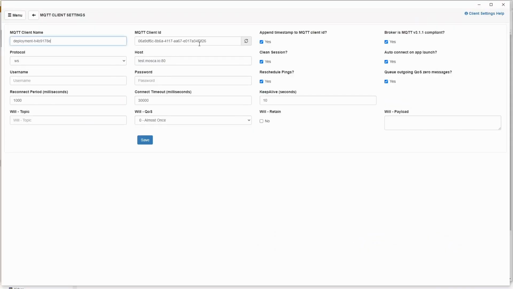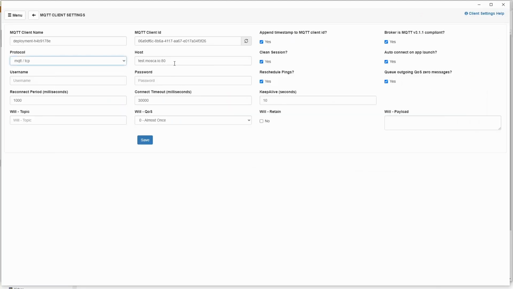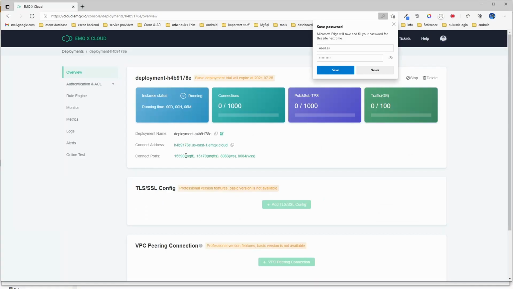Then the client ID is the ID for this MQTT client. Don't worry about it. For protocol, let's do MQTT TCP, and for the deployment connection address, this is the connection address, and you have to put a colon and the port.